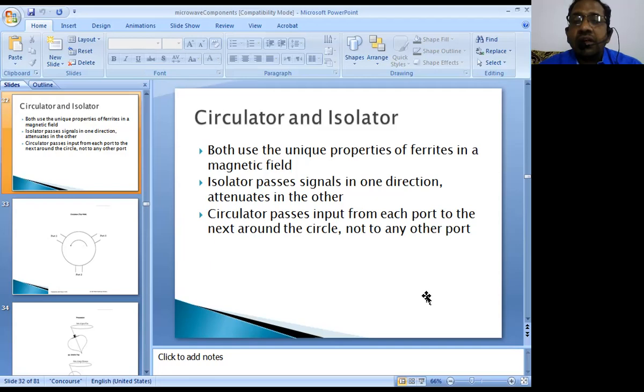After we go through the circulator and isolator, the last topic left over in this unit is the attenuator, and we will simply go through the attenuator also. With that, we can finish this unit and move on to the microwave solid state devices. Solid state devices are like the PN junction diode and transistors we used while discussing simple analog circuits. Similar kinds of devices can be constructed at the microwave frequency range. They are called solid state devices at the microwave frequency range.